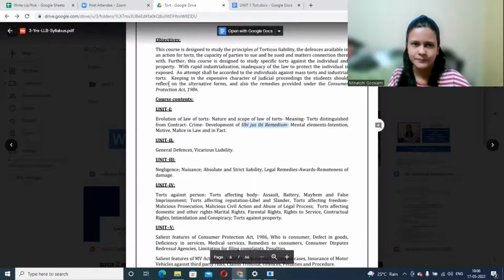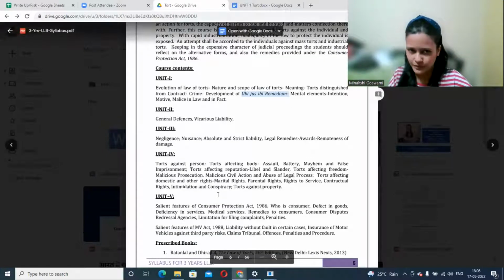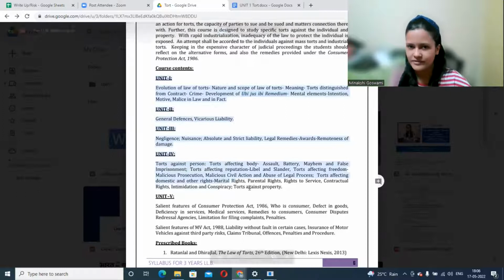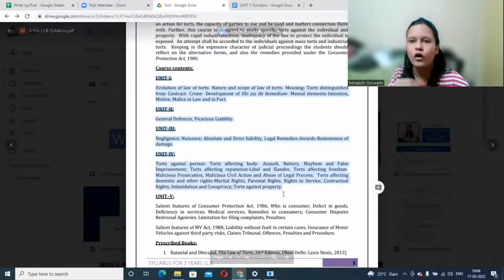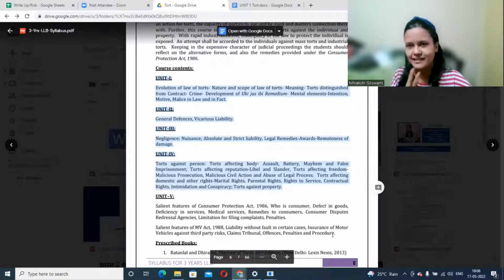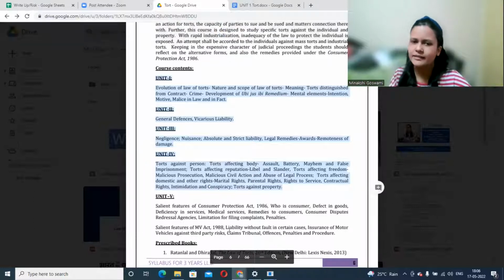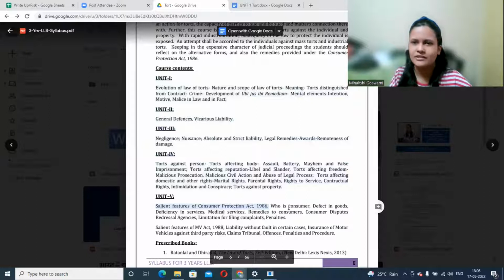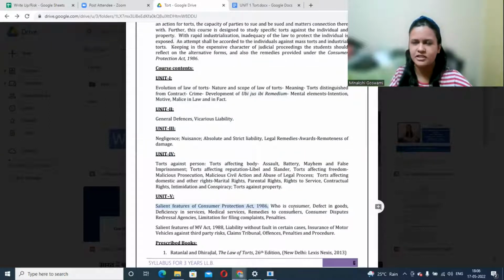All right. So when we see the syllabus, there are 5 units. Most of the universities have these topics as law of torts. What we get in the 5th unit is actually 2 different legislations, Consumer Protection Act and Motor Vehicles Act. And we have some very important concepts relating to these 2 legislations. Most common questions are like features of these 2 legislations and some concepts from there, like consumer forums, third-party insurance